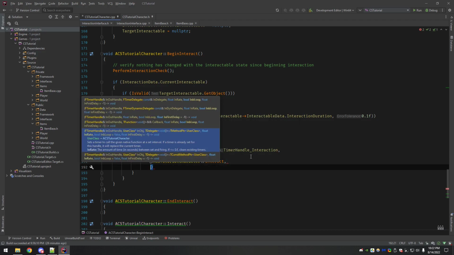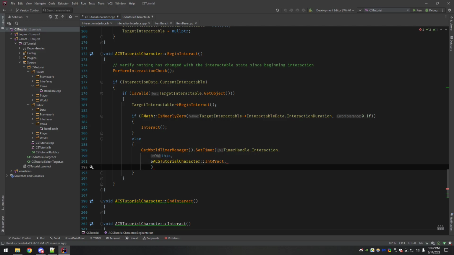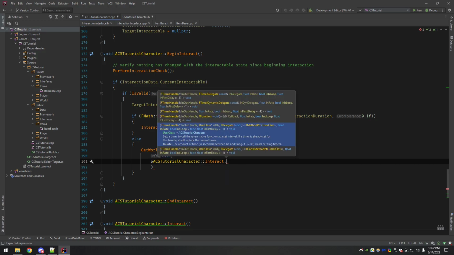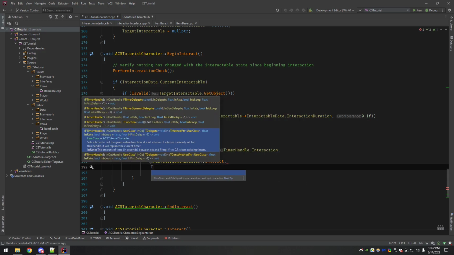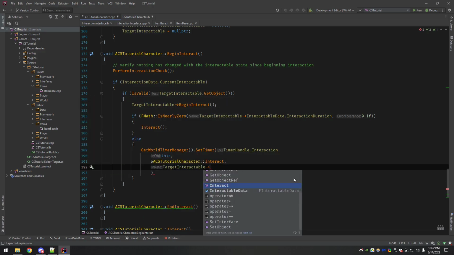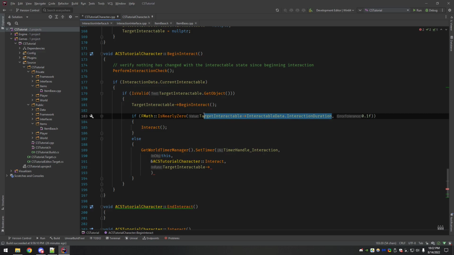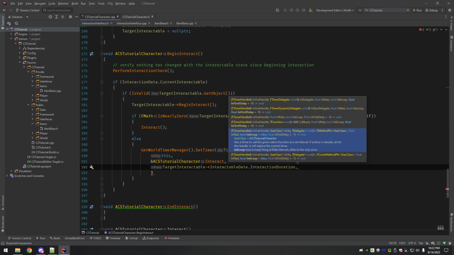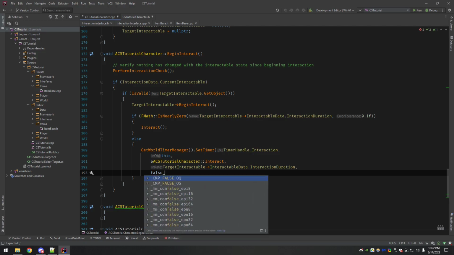Now the rate, and this is Rider showing me, hey, this is the one you're on. How do I pop that up again? It should highlight, it's highlighted, but it's hard to see. Basically it's made it bold, float in rate. So we're on rate now. And I'm sure you have an idea. The rate we want is our target interactable. Well, it's just this. Copy paste this. The current interactable duration that we've gotten from the target interactable. And now, do we want it to loop? False. That's the last argument.